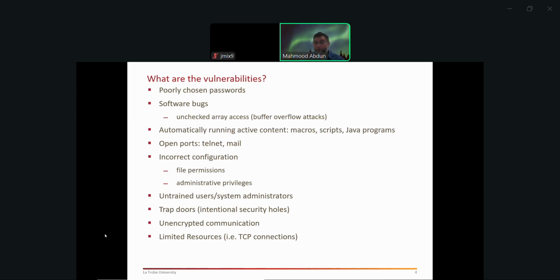Okay, that's why we need to regularly go through all open ports and try to close them. The next one is incorrect configurations. Very easy to understand. Incorrect configurations will allow someone to have read access, write access, or execute access to files that you didn't want to share with them, or didn't want to be made available.